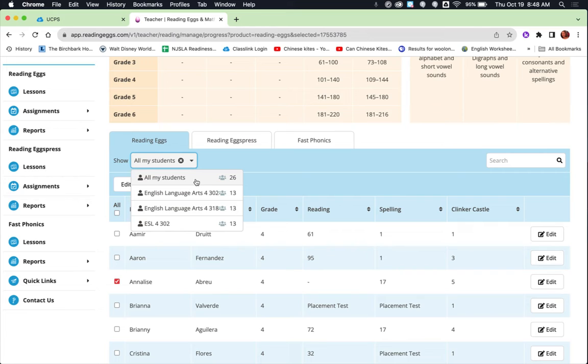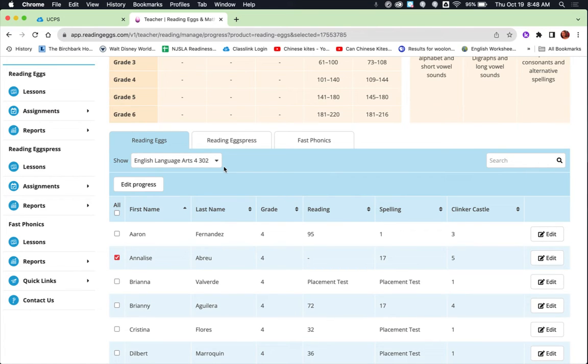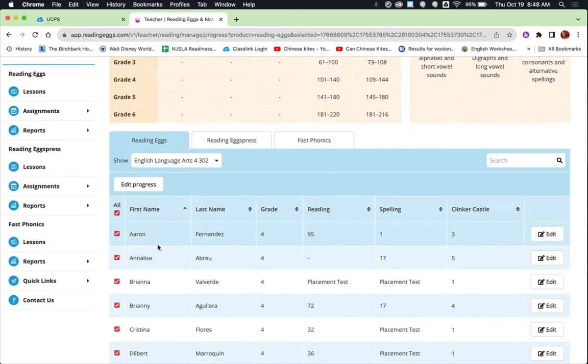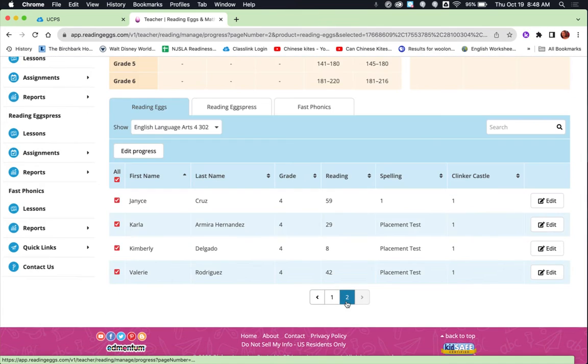So you have to make sure that you're choosing correctly here. I'm going to show you how to change, or restart the placement test, or assign or reassign the placement test for one class. So once I select that class here, I'm going to choose in the first column under all. I'm going to select the checkbox under all, which will select all my students in my class, even if they're on separate pages. Okay. Then I'm going to come up to the Edit Progress button here,